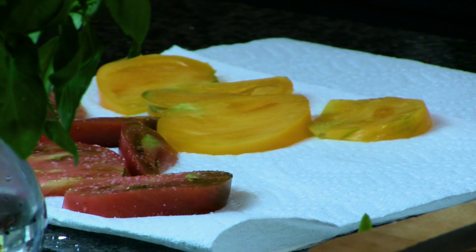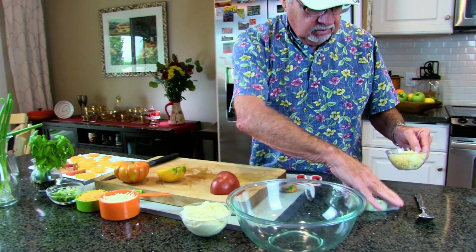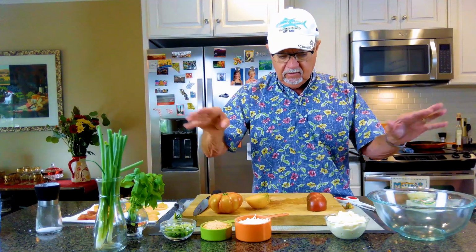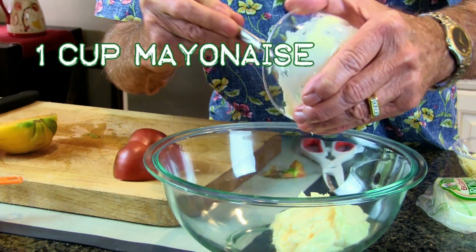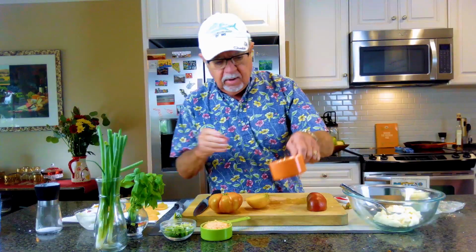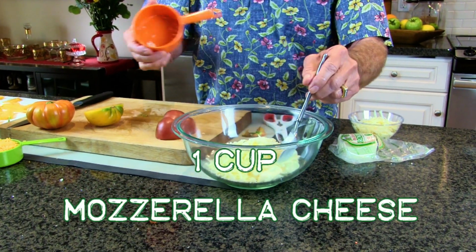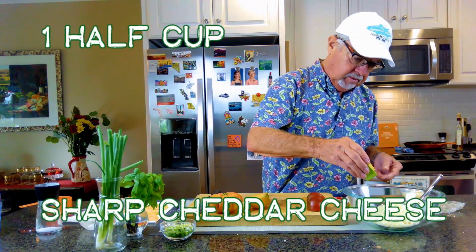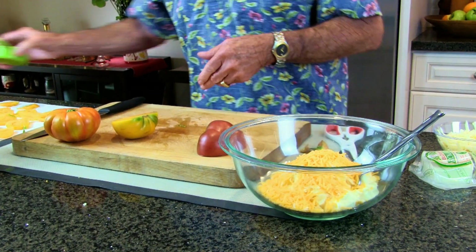They're mainly just the ingredients that you see right here. We're going to use the Romano cheese that I got right here. When the pie comes out, I'm going to put that on the bottom of the crust. And now what I'm going to do, put the mayonnaise in here. This is mozzarella cheese, a cup of mozzarella. And this is sharp cheddar, and we're going to do a half a cup of sharp cheddar. And we're just going to